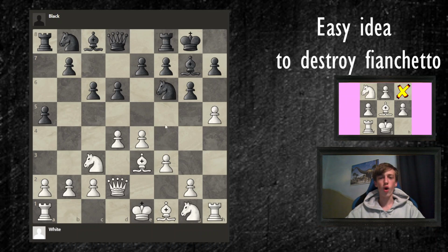It doesn't work in all cases, and it doesn't mean that you should play this idea against every opening where the Fianchetto is included. Or if you see the Fianchetto, you shouldn't say that you're gonna play this idea regardless of where the pieces are. But you should definitely at least consider it, because it is a very nice and very powerful idea, which I know from my games. And now I'm gonna show you one game which I've played recently,